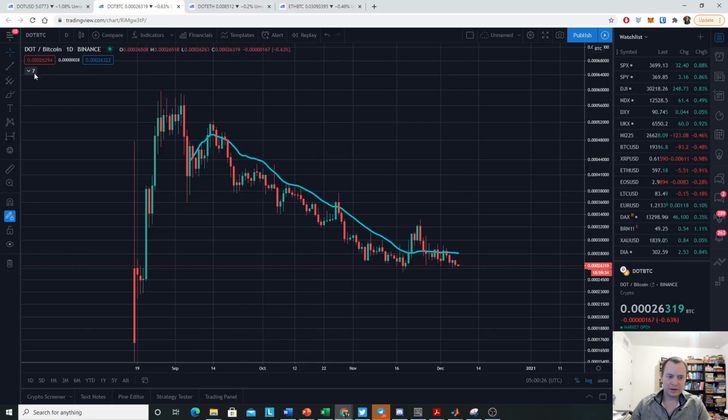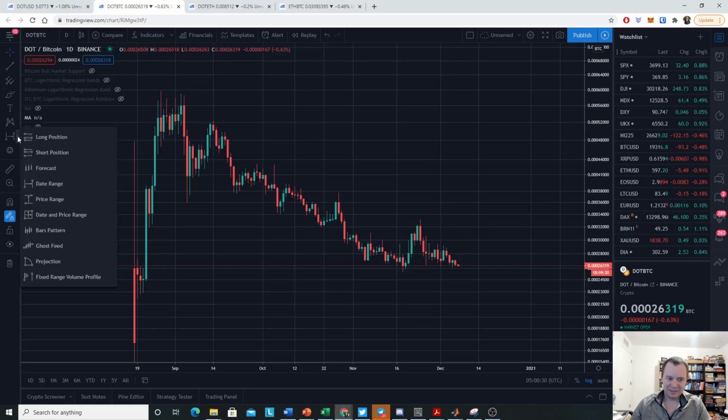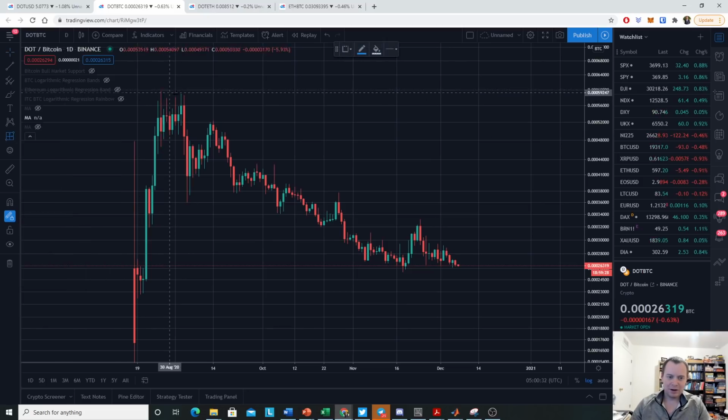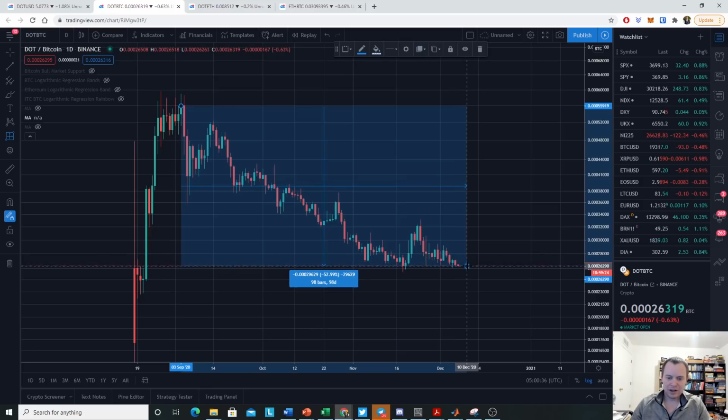So it trended upwards at first. This was when it first launched. And since then, it has trended down from, let's take the top of this candle here, about 50% against Bitcoin. However, a lot of coins have trended down against Bitcoin because a lot of coins have not moved that much when Bitcoin went from 10K to 20K.